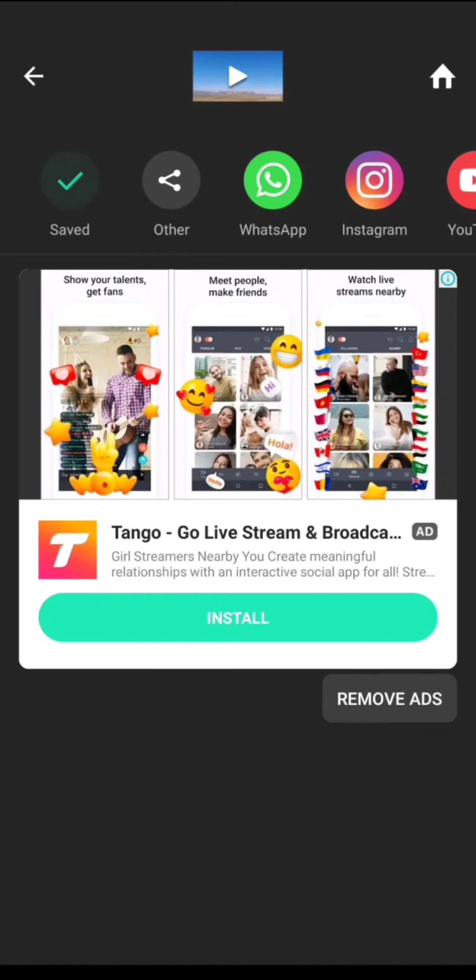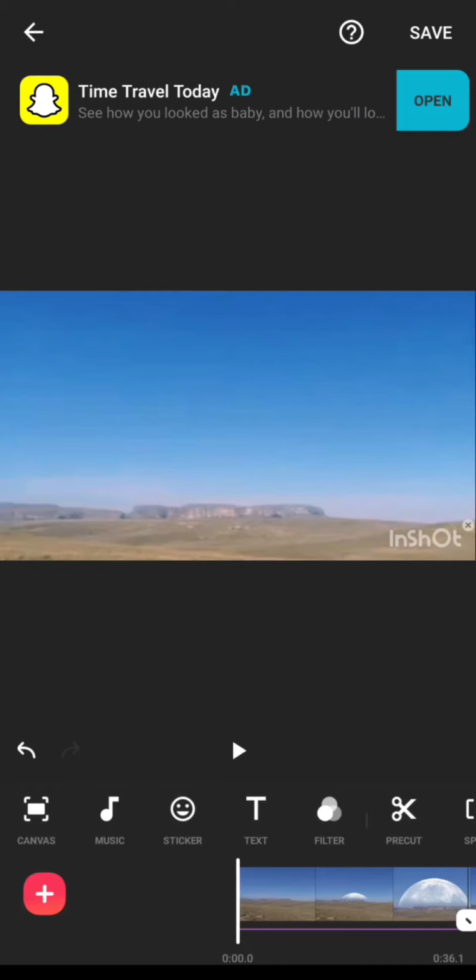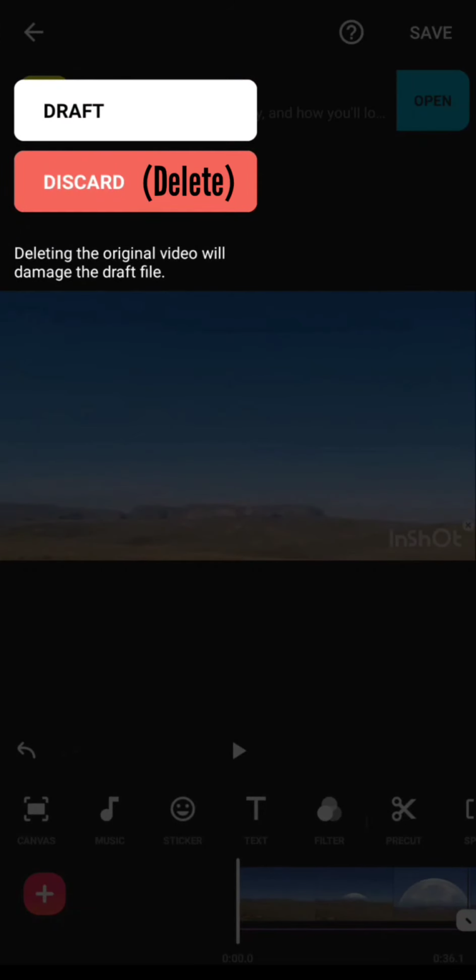After producing the video, we are having several options to share it with WhatsApp, Instagram, YouTube, wherever we want. We can directly share from here, and we are having a back button over here. If you are clicking upon that one, we will again come back to the same page of editing. So here again we are having a back button. By clicking upon that one, draft and discard, two options are coming. If you keep upon draft, you can again use the same video in future for editing if you want. And if you click upon the discard button, it will be deleted permanently.